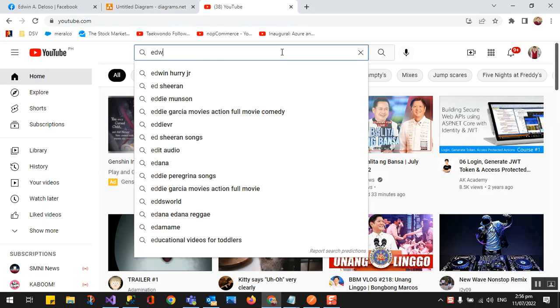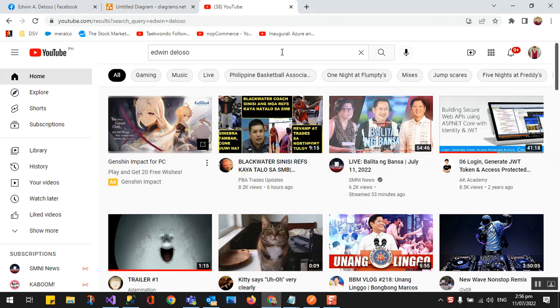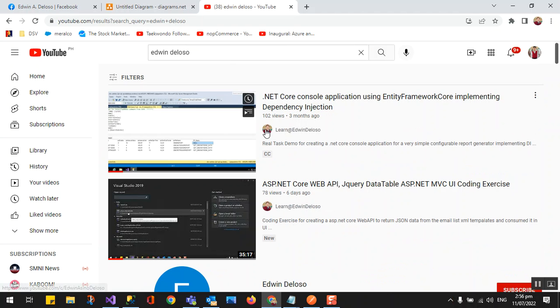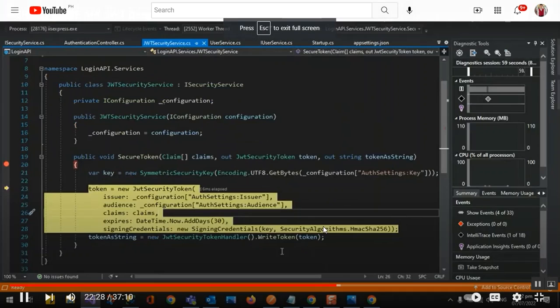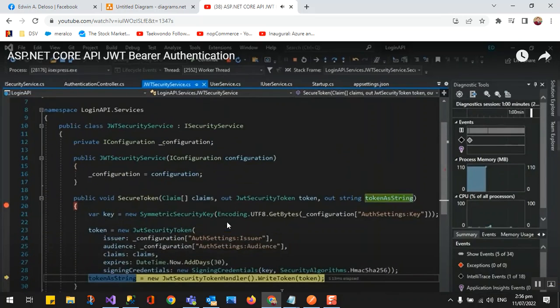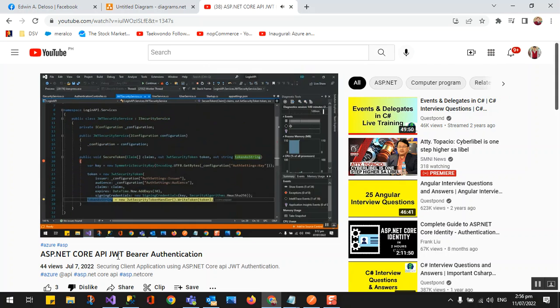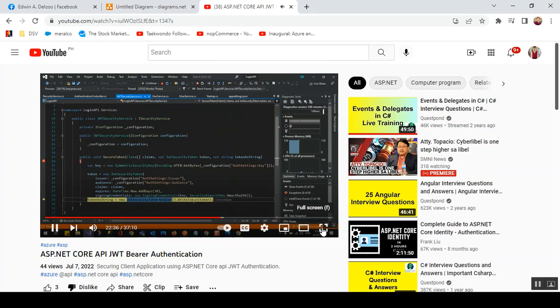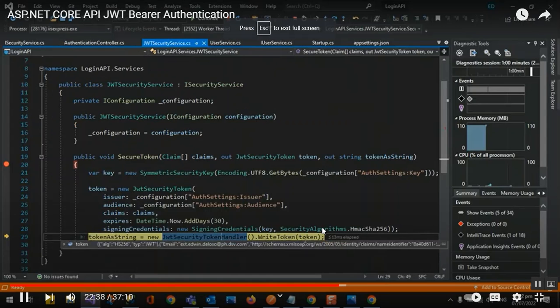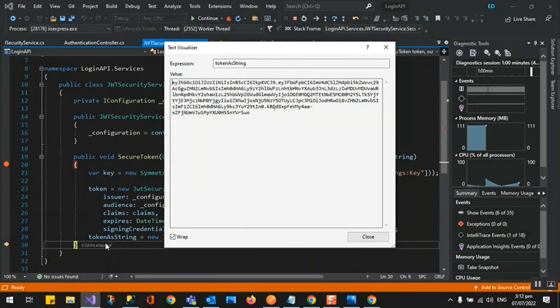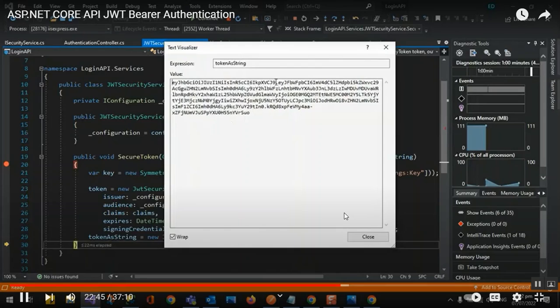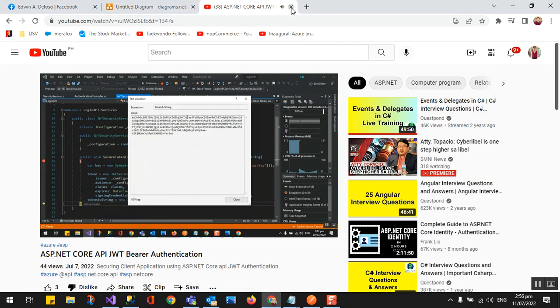This is what I'm talking about. So we have this video. This, right? So ASP.NET Core. Now our token string is from the new security token handler requested. So we have created this in the last episode. Right, the token, you can get it in the last video. Okay, so now you have the token. This is now your token. Actually, this token is straightforward. Right, one is the user ID.